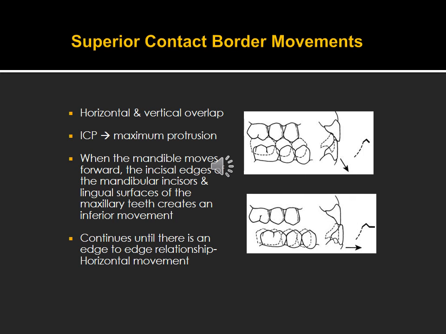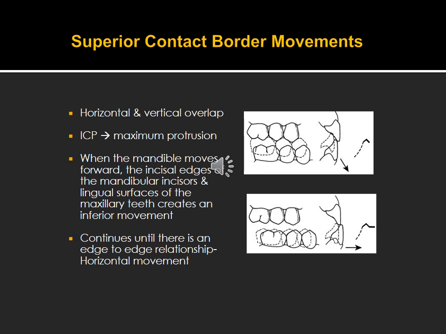As we said in the previous slide, we have a superior contact border of movement, a border you can draw reflecting the relation and the up and down movement between the upper and lower teeth. Between the upper and lower anterior teeth, we have horizontal overlap and we have vertical overlap. And when the mandible moves forward, the incisal edges of the lower incisors and the lingual surface of the maxillary incisors